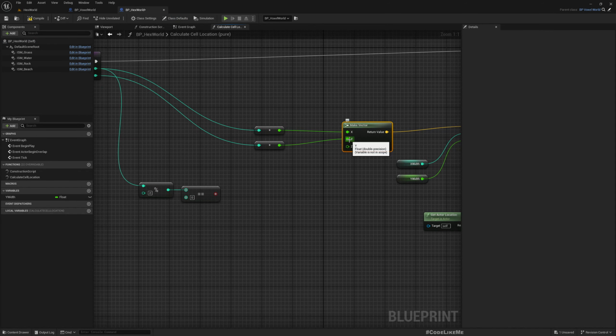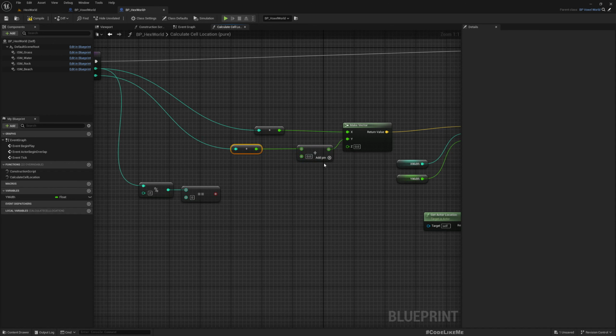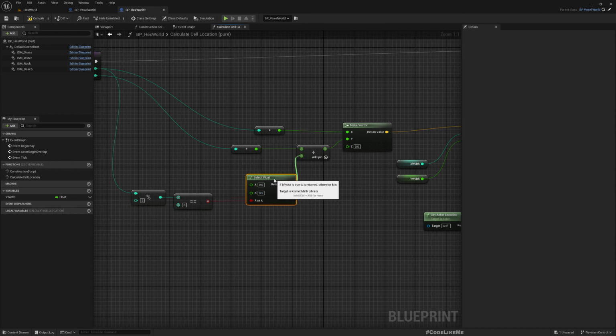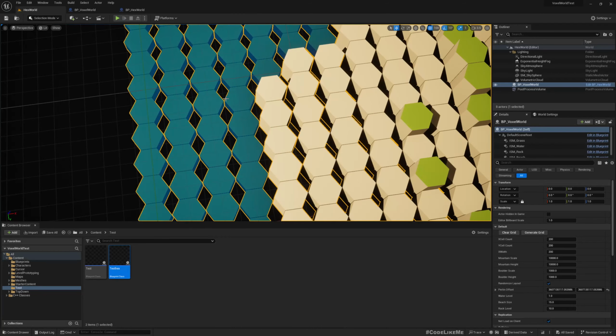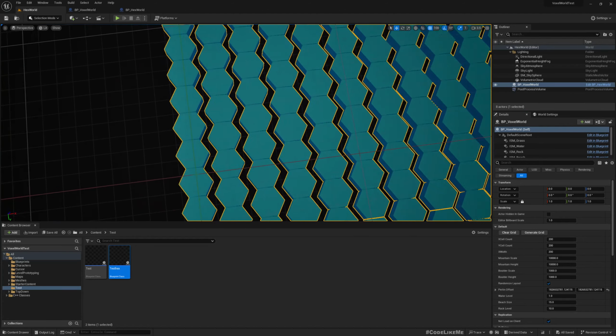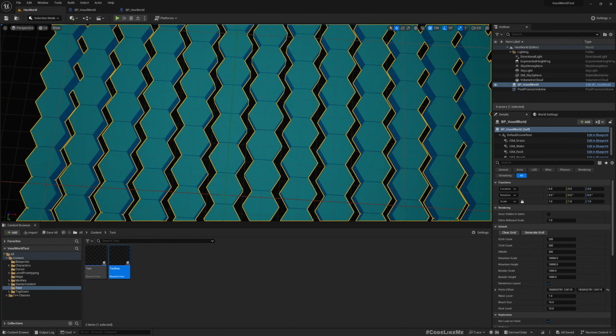So plus, here, let's do a select float. If this is 0, we don't have to add anything. If not, we have to add 0.5. Now compile, save, and generate grid. Now we see the y position is correct, but still we have this gap that we need